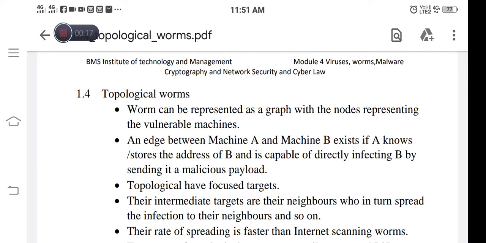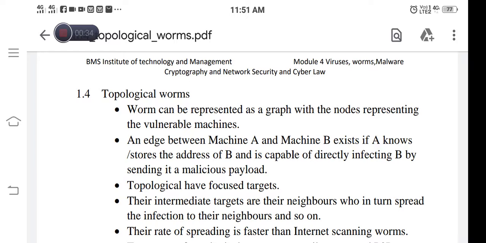So, the topological worms can be represented as a graph with the nodes representing the vulnerable machines. Only the name is topological worms since it is represented as a graph.